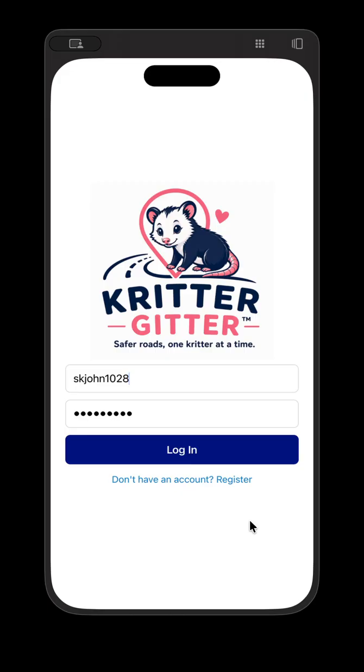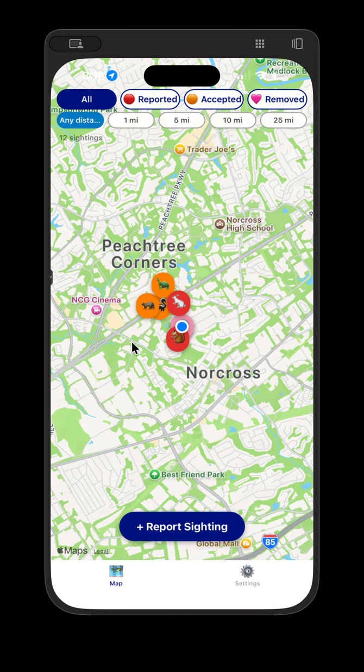Today I'm going to show you a demo of Kritter Gitter, the mobile app itself. When you first sign in, you'll see the terms and conditions as well as the onboarding pages. I'm already a user, and so when I log in, the first thing you'll see is a map of the area you're in. And you can see here that I already have some sightings or reportings. And up on the top, you can see those that have been reported